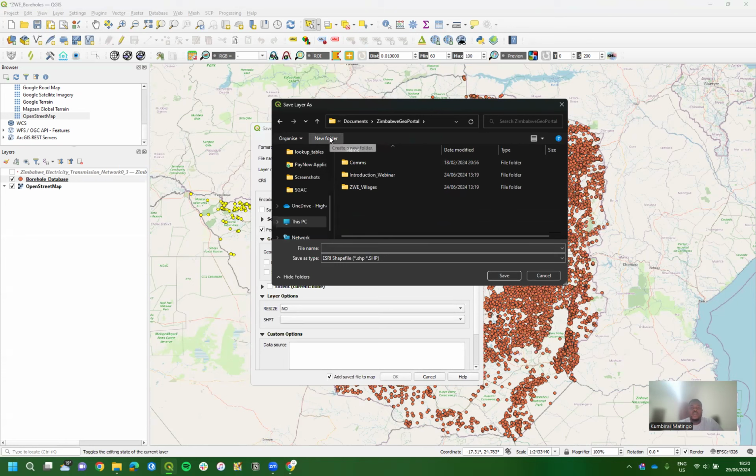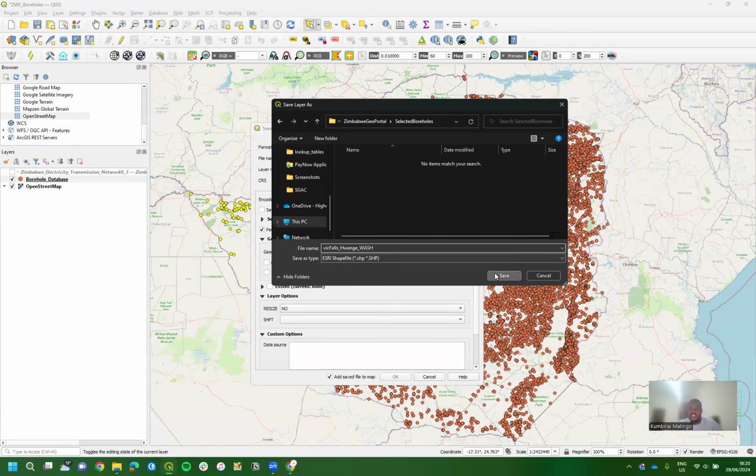I'm just going to create a folder, and then I'll say selected boreholes. Within that, I'll save the boreholes. So this is V Falls and Hwange